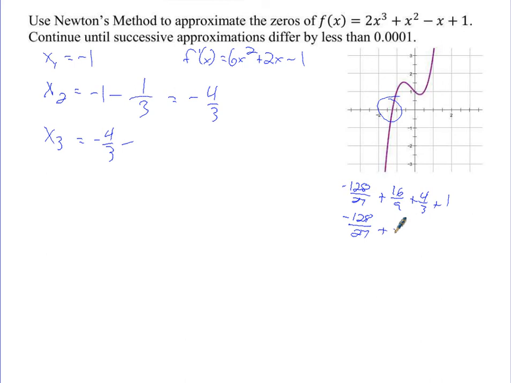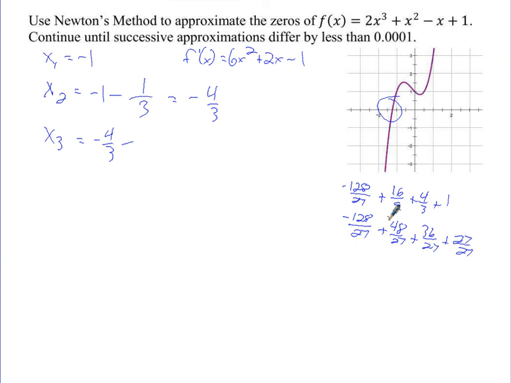Plus 48 27ths plus 36 27ths plus 27 27ths. Now I know it's Monday morning and it's right after Thanksgiving, so we probably could have done this in our heads, but I'm feeling pretty sluggish. So add all that together. I'm going to add these two things together here, and I get